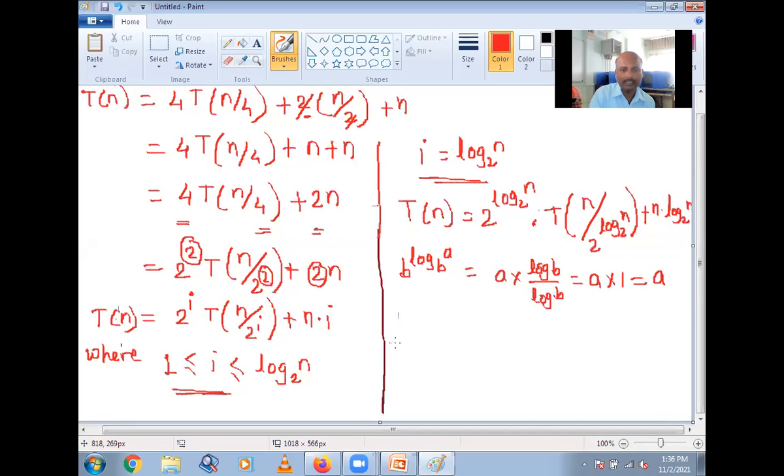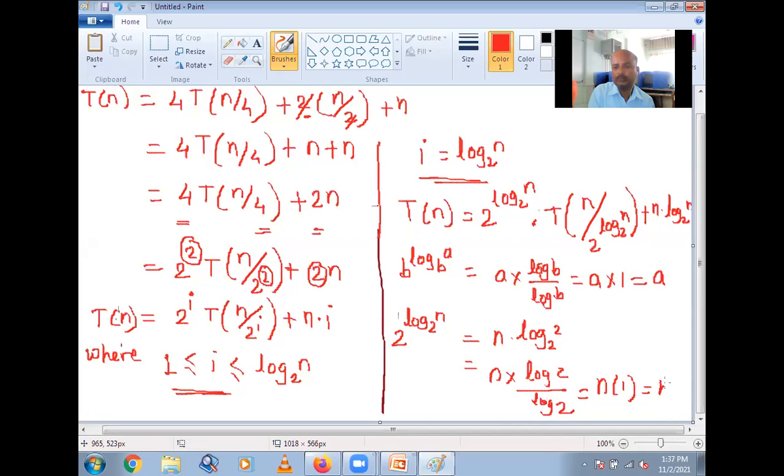Similarly, we can write 2 raised to log 2 raised to n, which is equal to n into log 2 upon log 2, which is equal to n into 1, which is equal to n. So instead of 2 raised to log 2 raised to n